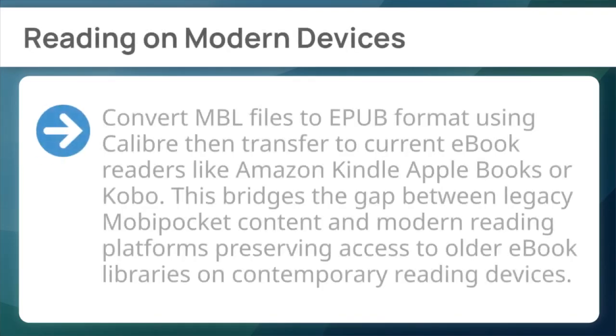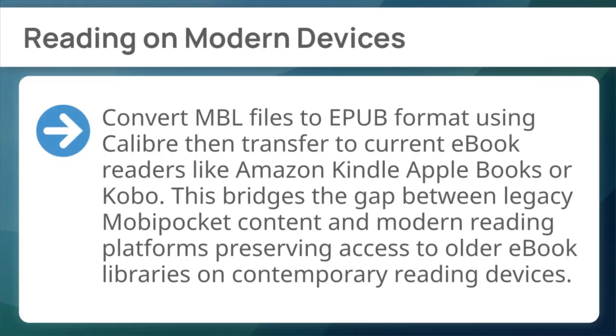Finally, reading on modern devices. Convert MBL files to EPUB format using Calibre, then transfer to current ebook readers like Amazon Kindle, Apple Books, or Kobo. This bridges the gap between legacy Mobipocket content and modern reading platforms, preserving access to older ebook libraries on contemporary